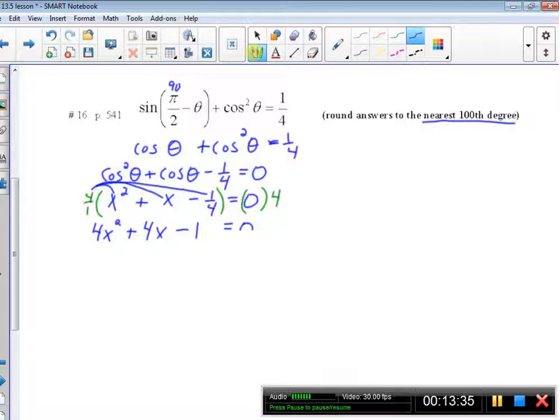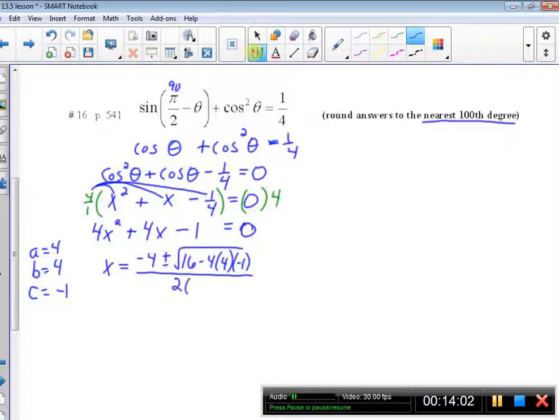I actually knew this was going to happen. Just wanted you to make sure you realized that it did not factor. So we have A is equal to 4, B is equal to 4, and C is equal to negative 1. So x equals negative b plus or minus square root b squared minus 4ac